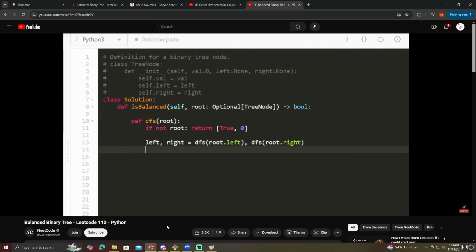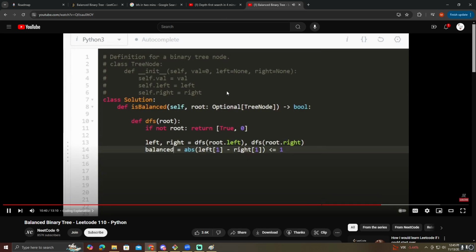So now we want to know from the root node, is it balanced, right? How can we determine that? Well, we're going to have to take the absolute value of the left and right heights, right? So how can we do that? We can take absolute value left of index 1, because remember the second value is where the height happens to be, left of 1 minus right of 1. So this will give us that. So as long as this is less than or equal to 1, we can say that the tree is balanced,